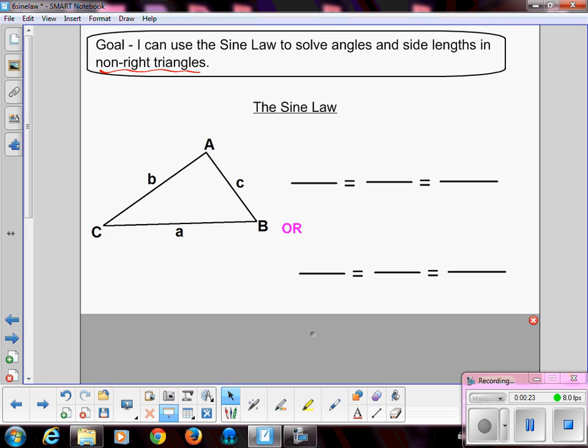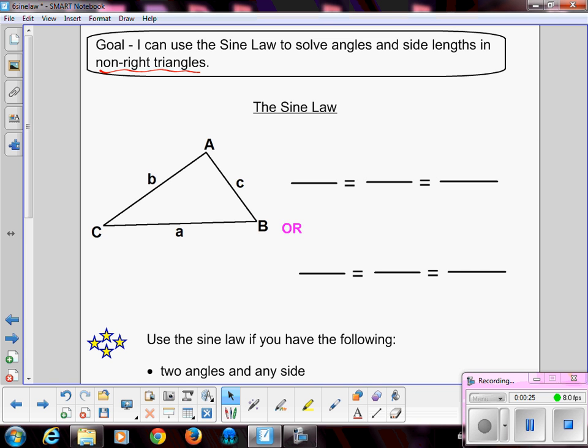So the sine law. So first of all, there are two versions of the sine law. The first thing that we look at is when we're labeling a triangle, what we're doing is the angle, we use capital letters, and the side directly opposite uses the lowercase letter of the angle. So that helps us determine what goes with what. So maybe you remember the sine law, two versions of it. One can be